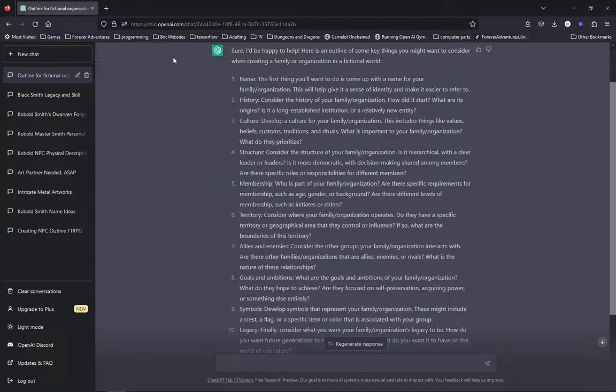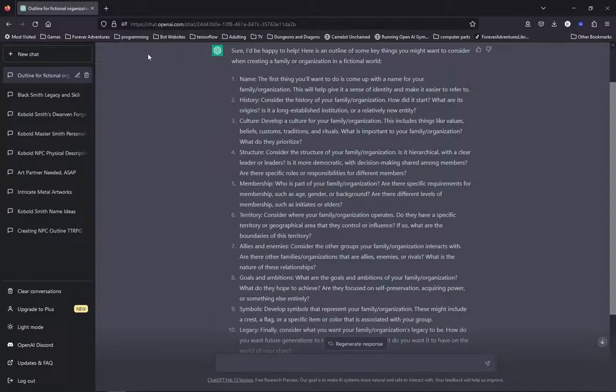Goals and ambitions. This is a really important one. Organizations are one of the places, and I honestly should probably add this to the person as well, for goals and ambitions, because each person is also going to have goals and ambitions, but collectively, what is this organization or family trying to do? What do they want? Are they just trying to survive in a bitter, unforgiving world? Or are they on a religious crusade? Or are they a group of mages who are only concerned with gathering knowledge and spells and magical items and artifacts? What is it that they're trying to do?